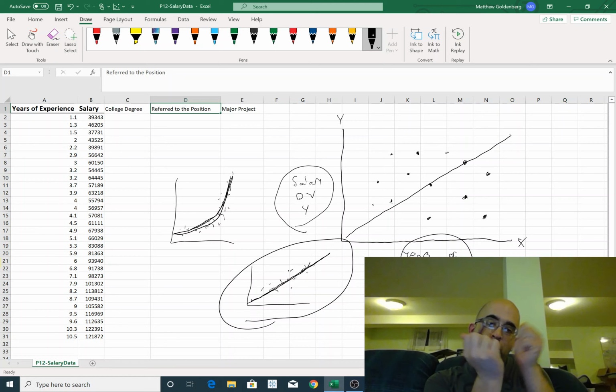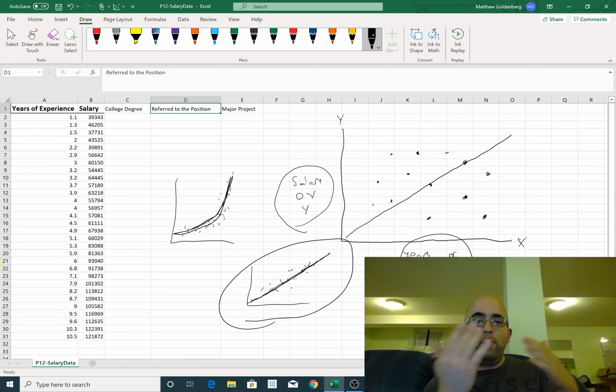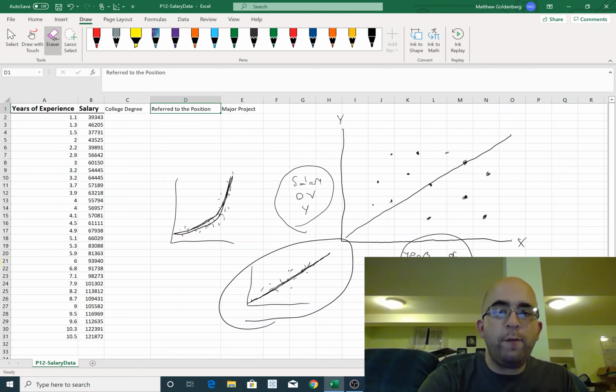Does the data cluster around the line? Is there a little variation around the line, so much so that we can assume that maybe we can predict one from the other by using a line equation? And I'm emphasizing line because that's really what matters here. And in my first graph,